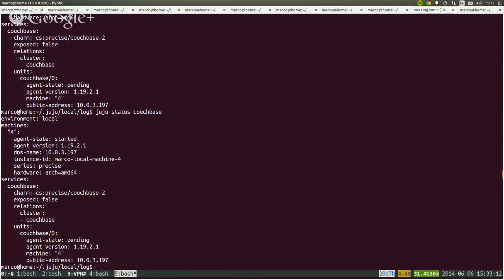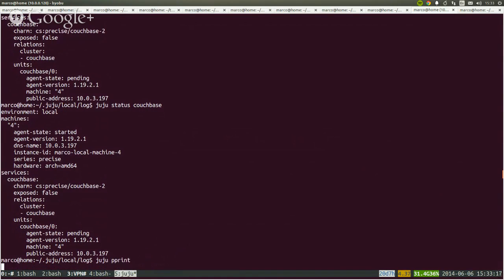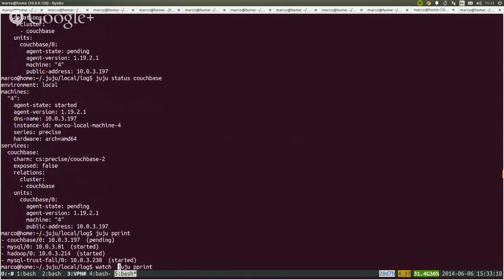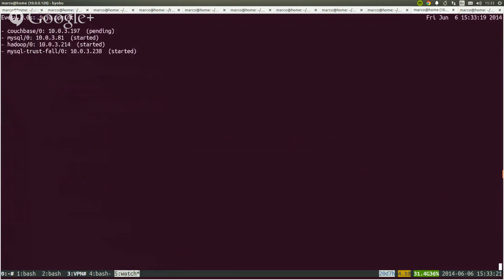So I'm going to use this command. I adore this command. It makes watching so much faster. So the Couchbase is still pending. While this is loading,